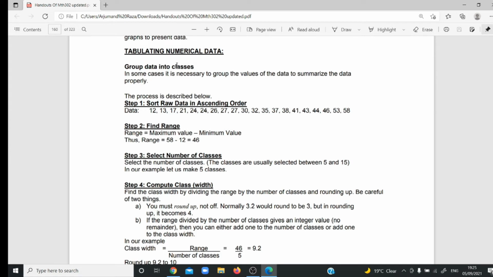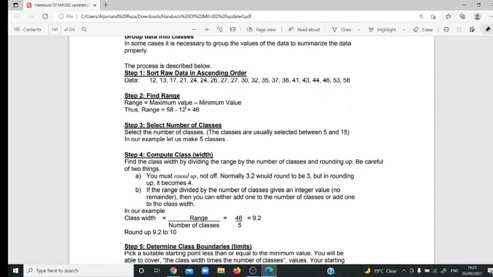Class is a number of series. For example, in the above example I have explained to you, those 10 students receive different marks, or 100 students receive different marks. So the marks, when I write them, will be the class, and the frequency I will write down. It will be the number of students who received 2 marks or 4 marks or 5 marks or 10 marks, like that. Okay. So number 1, for tabulating numerical data, we have to sort the